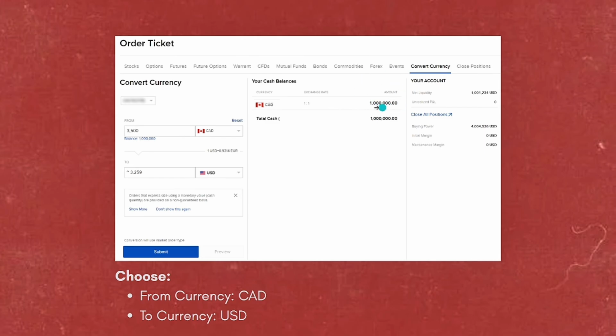And before that, you have to review the estimated conversion rate and any fees because IBKR usually uses tight spreads, so there is no hidden fees. Then after that, just click on convert, and then you will get notification of your trade execution almost immediately. So that's it. It's very quick and